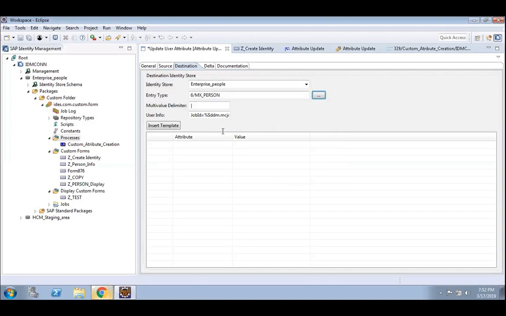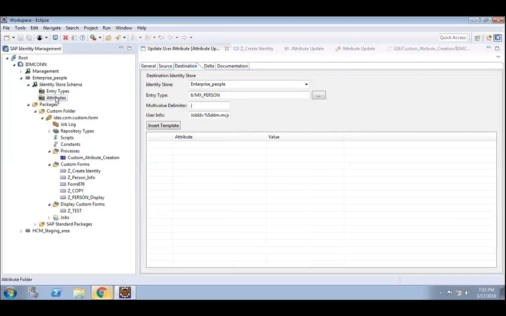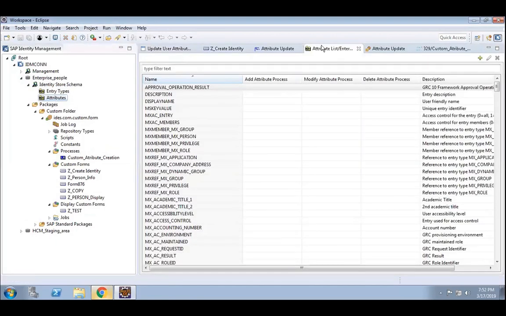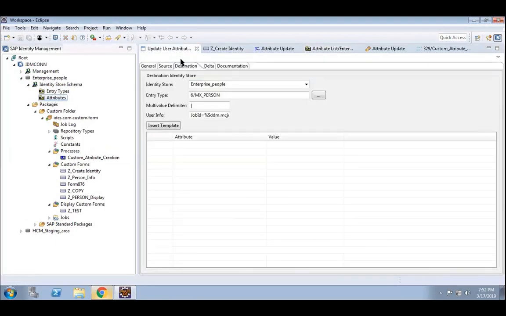So I am putting this MS persons entry type over here. Save it. Now, what information am I trying to put? It is not always that we can remember all the fields, but some of the fields we can remember. What attribute am I trying to put? I am trying to put MS key value. So in MS key value, what am I trying to put?